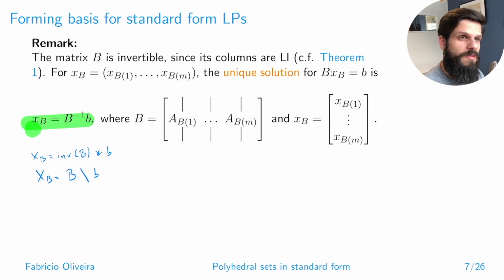So it's more efficient in terms of computational operations. In Julia you can just type B backslash b, and then you get the value of xB. We'll do some exercises on that as well,